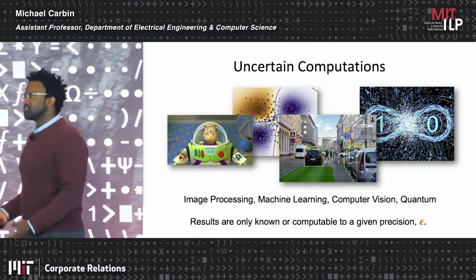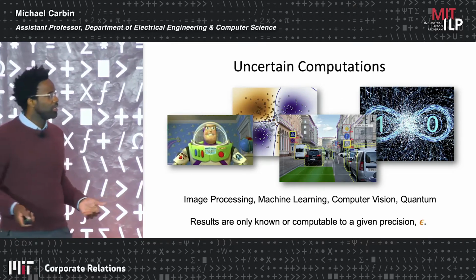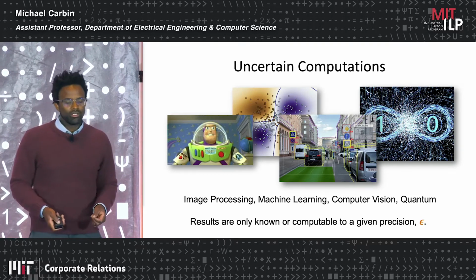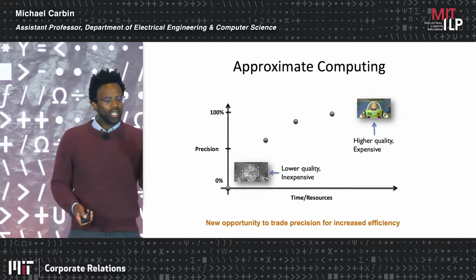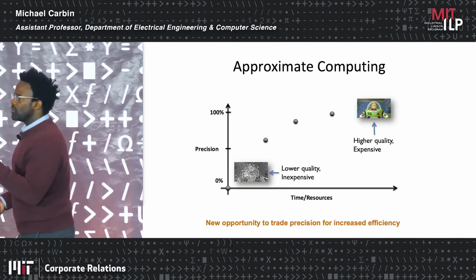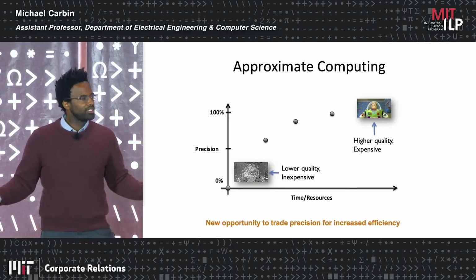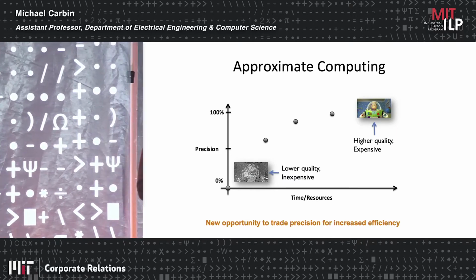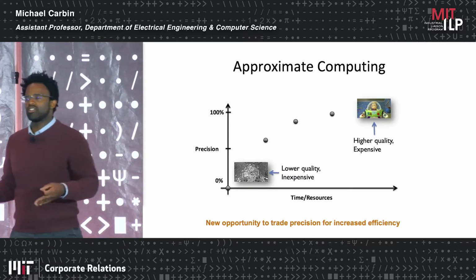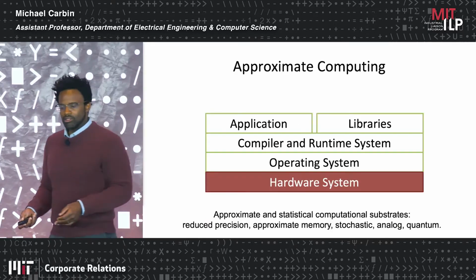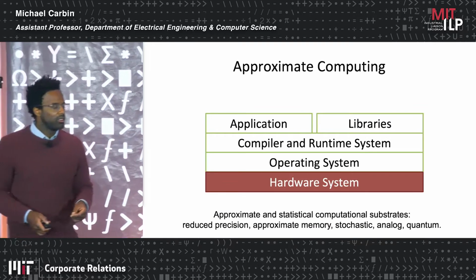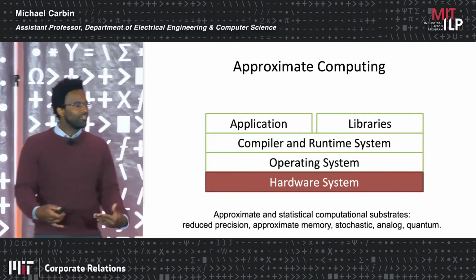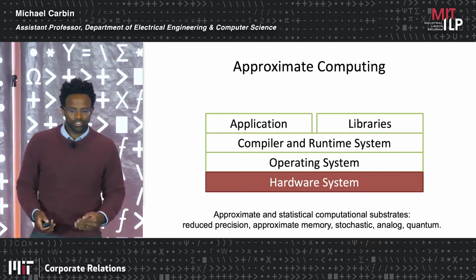Now, the reason why this is so interesting to me, though, and something that I've worked on in my group and with others, and many people in academia and now industry are working on, is because it gives us this opportunity to now trade precision or this inaccuracy for increased efficiency. Right? We've now got this trade-off where we can trade time or resources for the quality of our results. And if we build this in naturally, we can start to navigate our systems towards very different and more efficient directions. And again, you're seeing these techniques come about everywhere. So as I talked about, the approximate and statistical computational substrates are all designed in this model that these are more efficient than a more traditional digital processor.